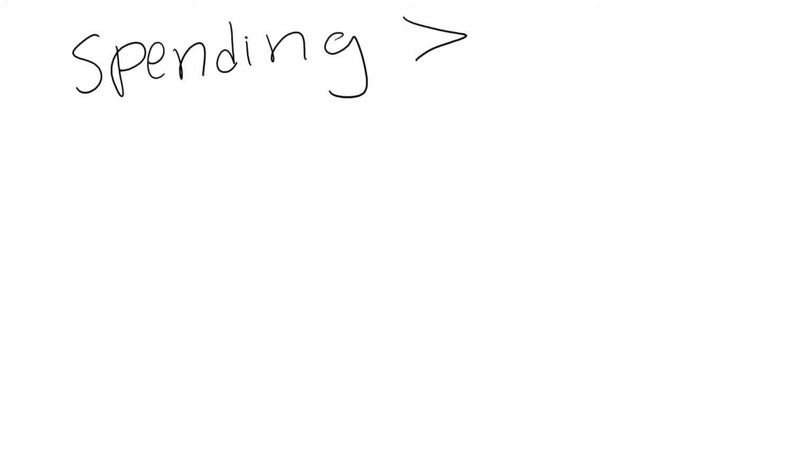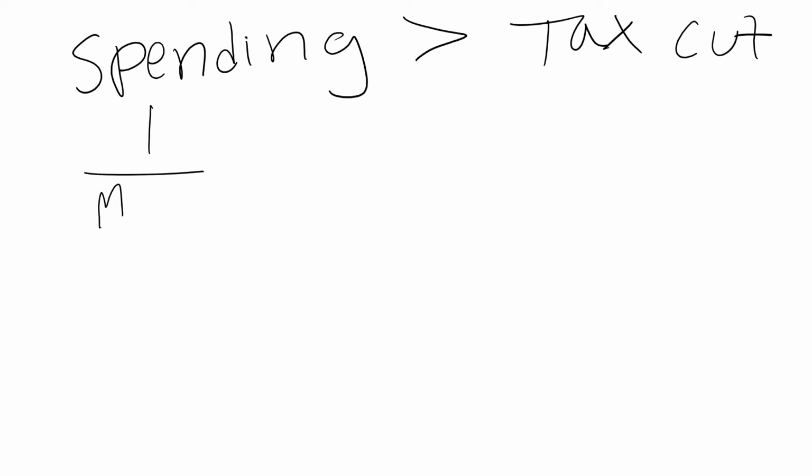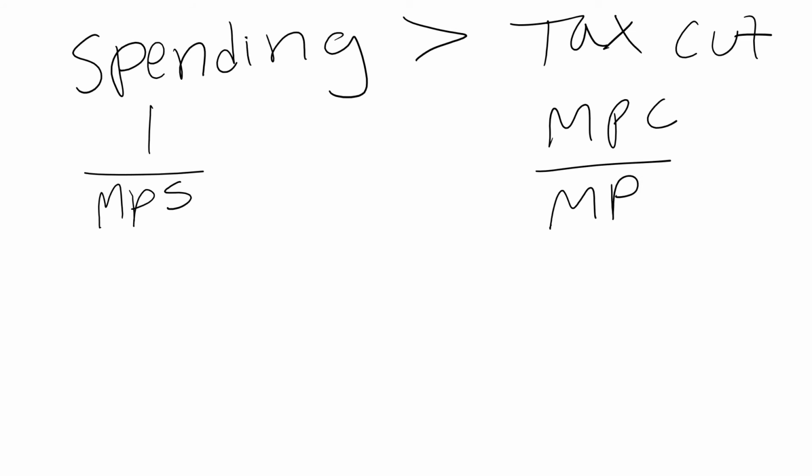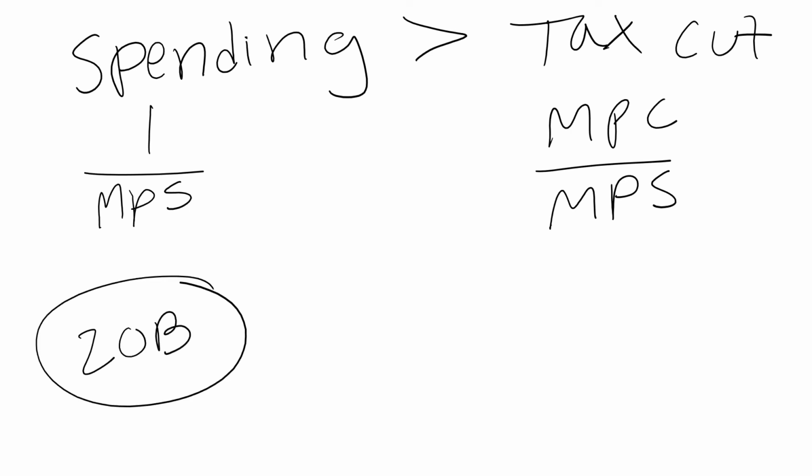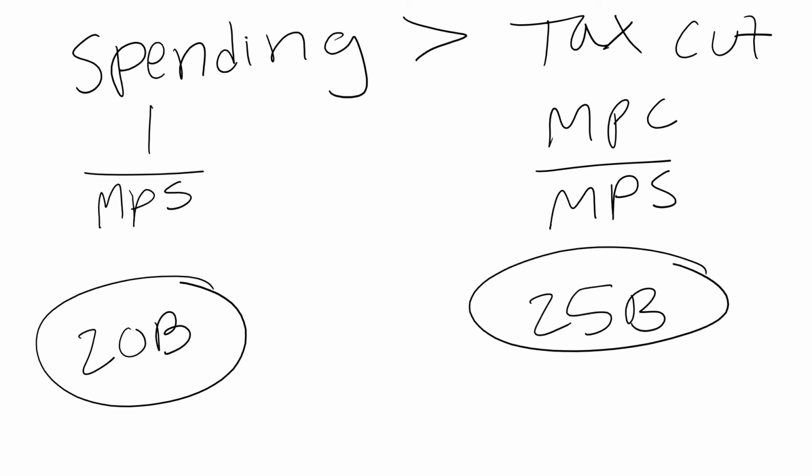Spending is always greater than tax cuts, okay? And that's just because, remember, the spending multiplier is 1 divided by MPS, whereas this is MPC divided by MPS. So what we've seen here is that we can increase spending by only 20 billion, and it'll equal the 100 billion we want. Or we can cut taxes by 25 billion, and that would give us the 100 billion that